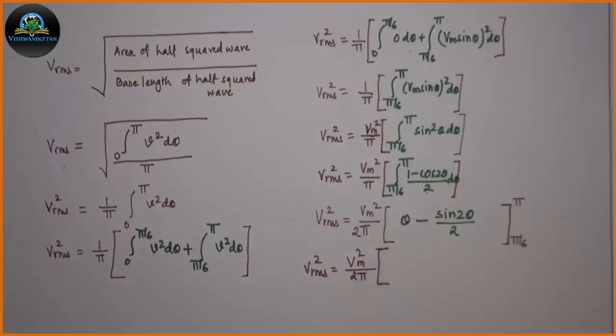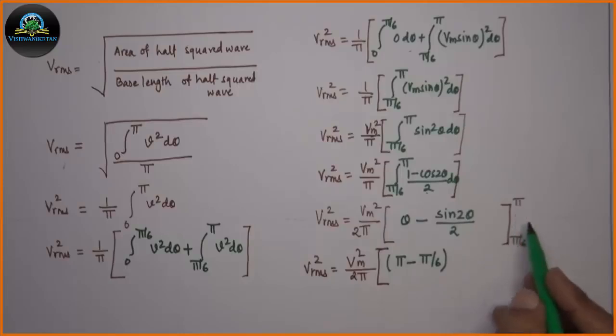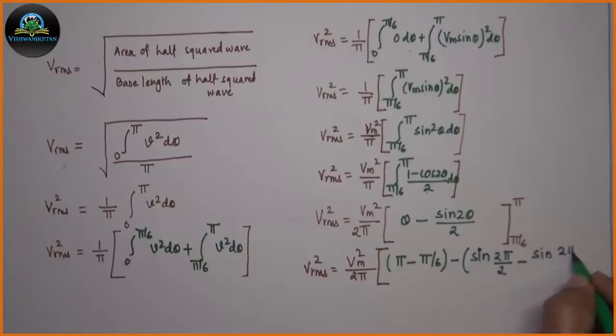Substitute the values of intervals. For first it will be upper limit minus lower limit, that is pi minus pi by 6, minus substituting value of pi by 6, sin 2 pi by 2, we will get